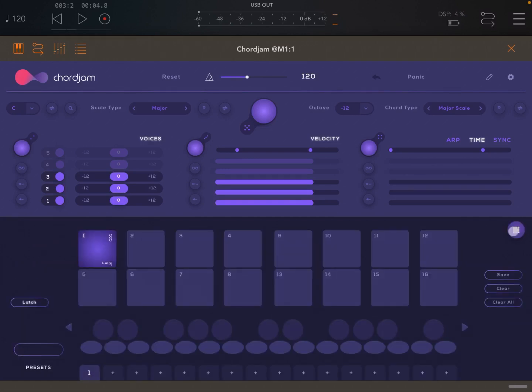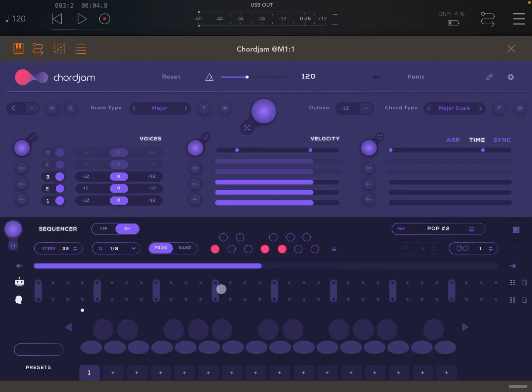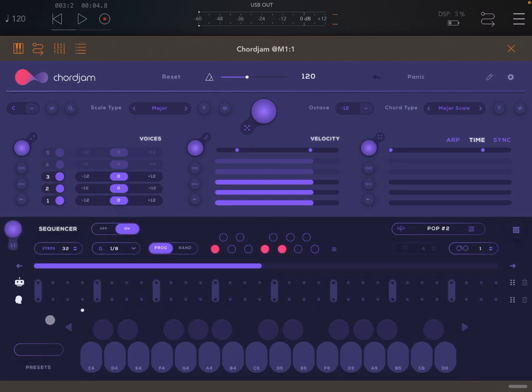You have a pad section, which you don't have in ChordBud2, and a lot of other options related to randomization for the voices setups, for the velocity, for the strumming, the ARP, but also randomizing the selection of all the different settings here. Both can be AAX free, both can be synced, in this case, to the host tempo, which is really nice. So overall,